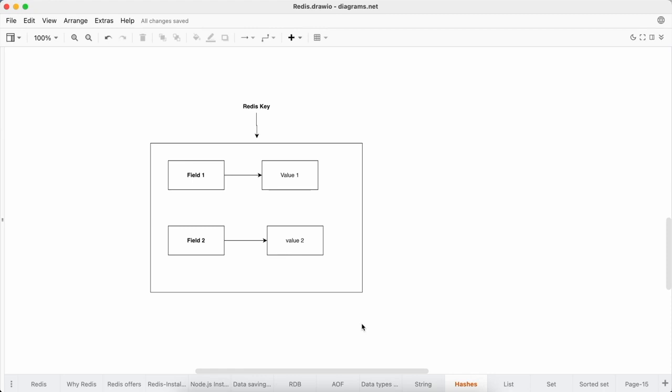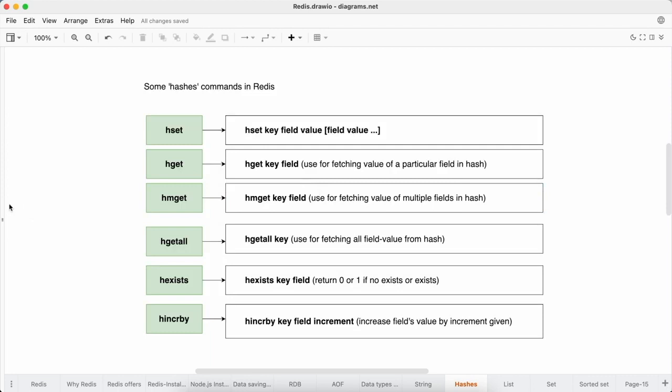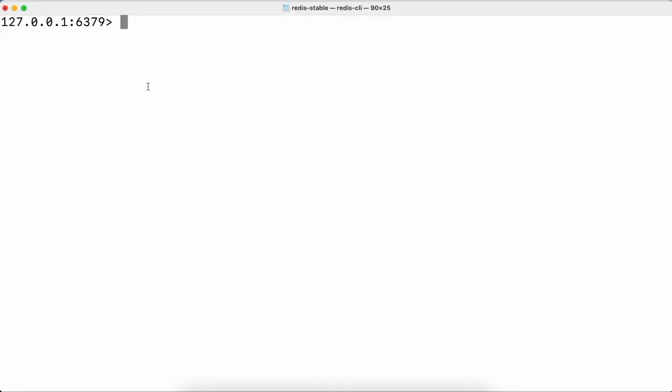Now we'll move to the Redis CLI, where I will be covering a few basic Redis commands. Let's start with our first command, hset. Most of the commands in hashes are similar to the string commands, but before any command we need to add an h, which is a representation of a hash, and now your data will be stored in a hash format. As we discussed about the table structure, we'll take a table name as company,